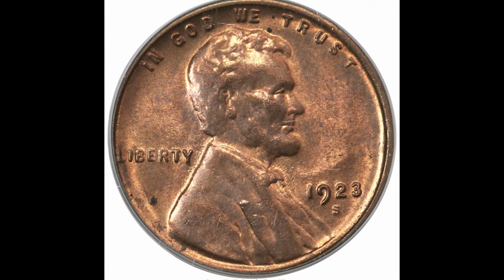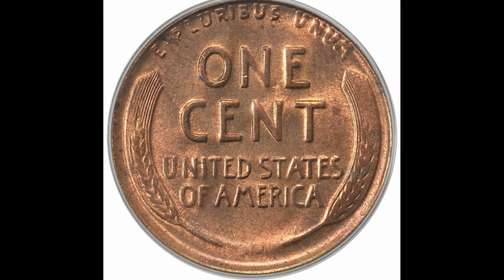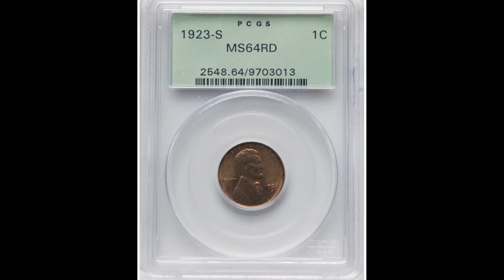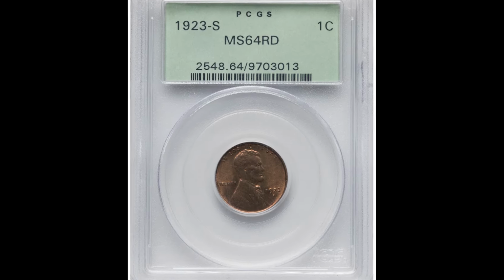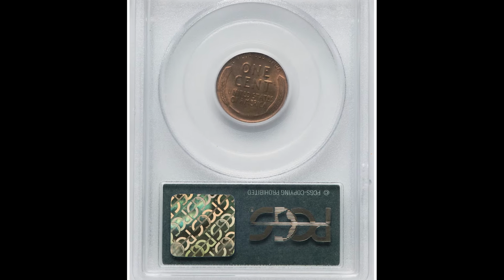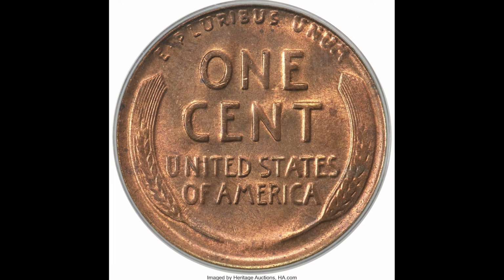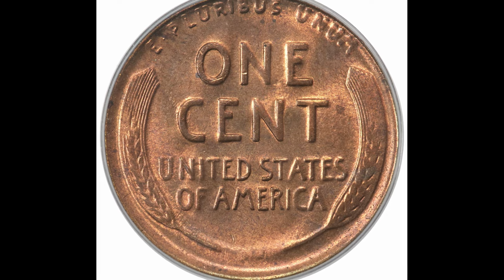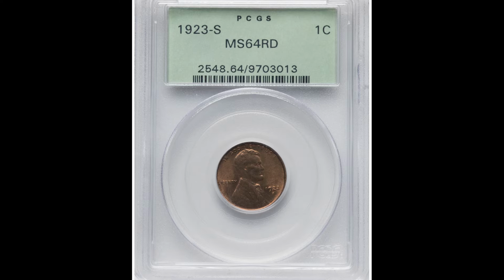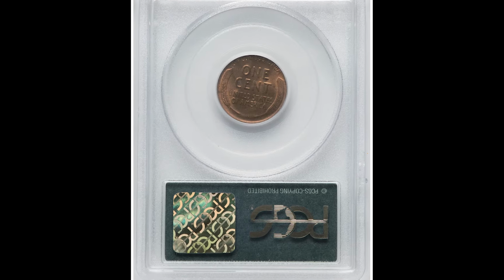$1,620. Up next we have a 1923 S 1 cent wheat penny graded by PCGS at a mint state 64 red. So the first wheat cent coin we went over was a Philadelphia issued coin. This one is a San Francisco issued coin and it sold for $3,840, mainly because of the time it sold and the specific mint mark. You do have to understand that different mints will produce different numbers of coins for specific years. Typically speaking, San Francisco will produce fewer coins than Denver and Philadelphia. Therefore, the supply will be lower and the demand will generally be higher for these coins. With that said, those are the things that made this coin sell for